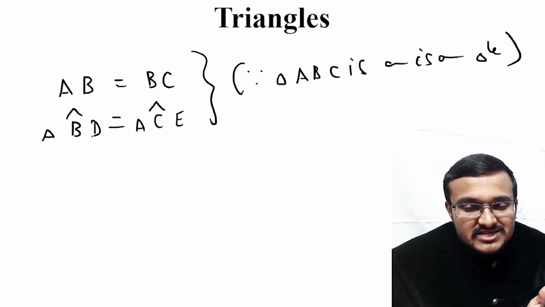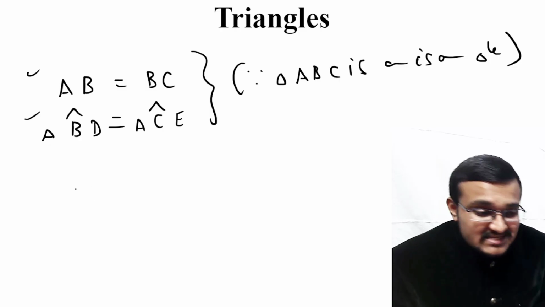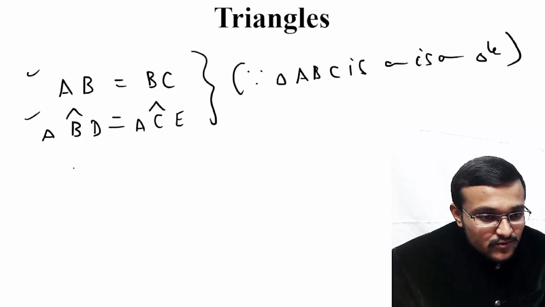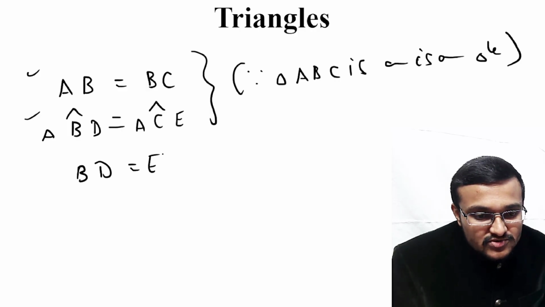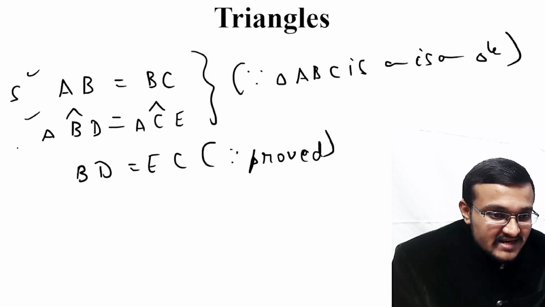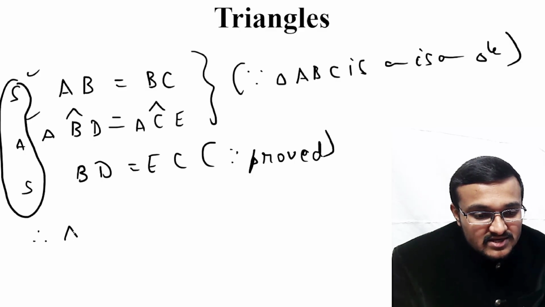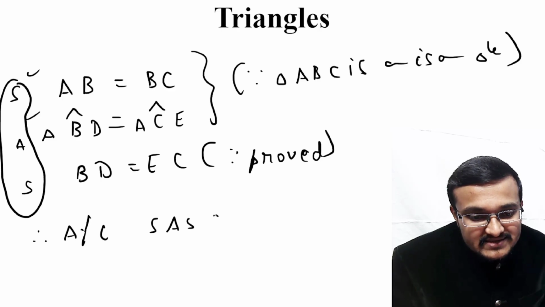Because ABC was an isosceles triangle, one side and one angle became equal to each other. Now we have proved that BD is equal to EC. So one side, one angle and another side are equal to each other, that is side angle side. Therefore, according to the SAS axiom,